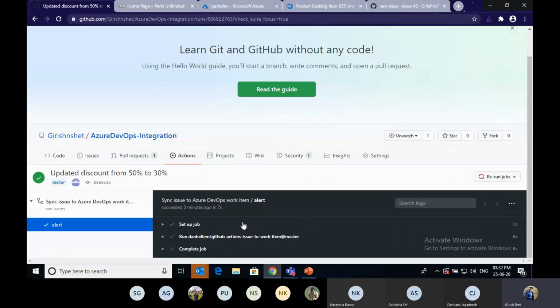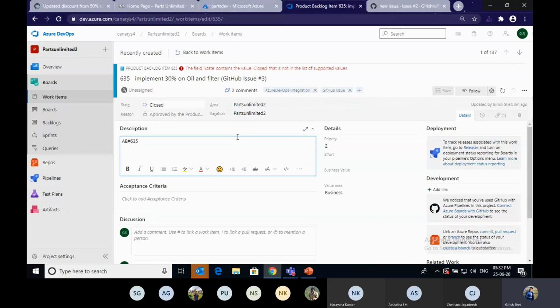My action workflow is successful here. Now if I navigate to my product backlog item here, it should be in closed state. See, it's already in closed state. I have not changed it myself. It automatically got closed.